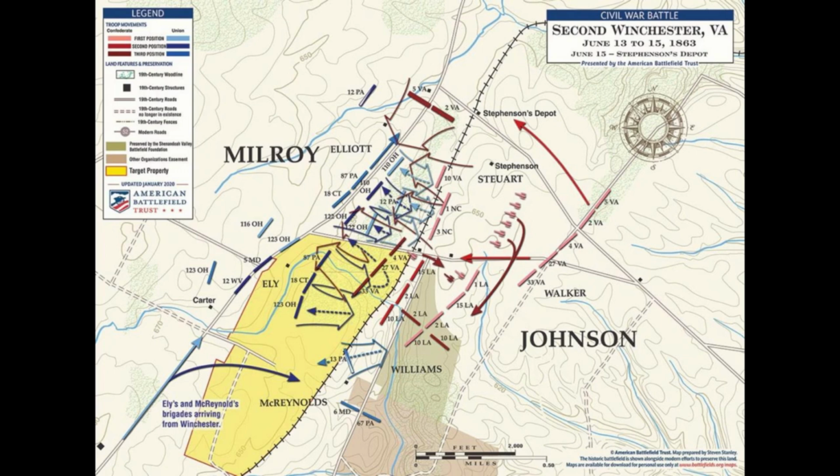Nevertheless, the Confederates were able to capture portions of the federal supply train at nearby Bunker Hill. Oh, that's in West Virginia, along with 75 prisoners. Subsequently, Confederate forces cut the telegram line into Winchester, eliminating Milroy's only line of communication. And by sundown on the 13th of June, Rhodes' division had reached Martinsburg, capturing the town along with 5 federal